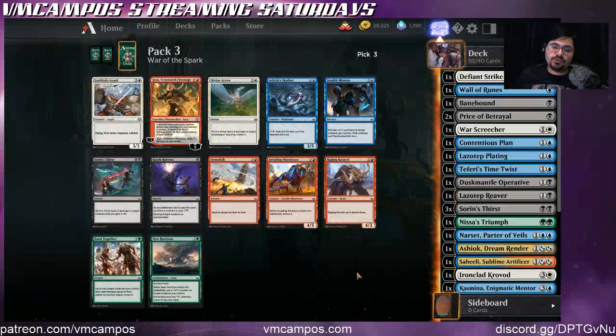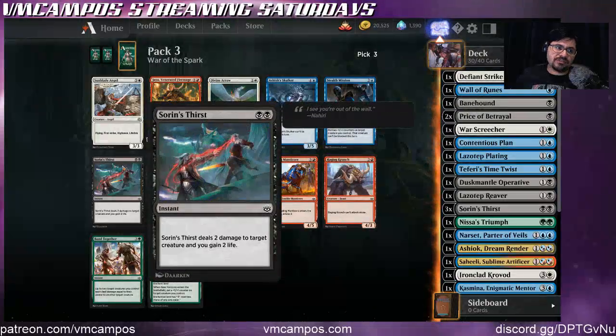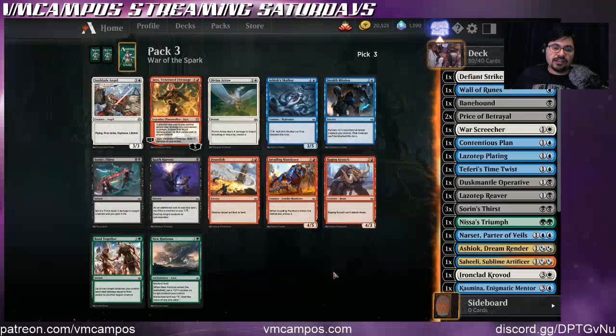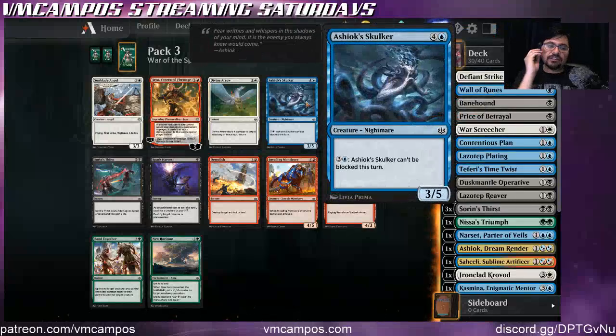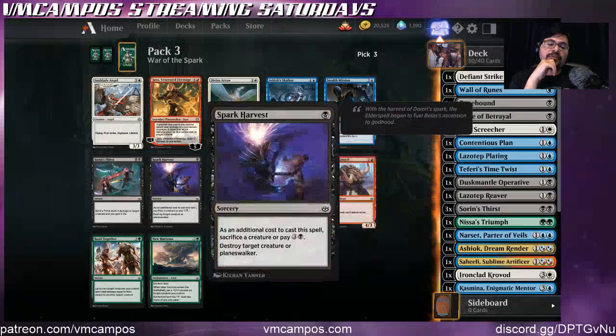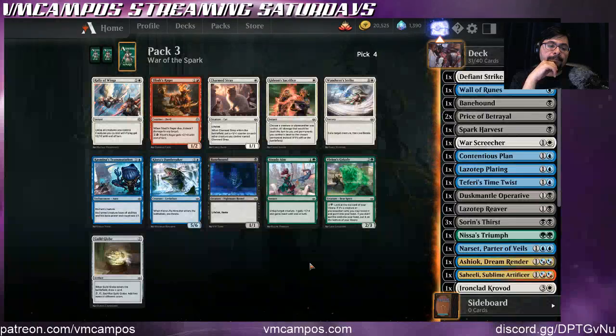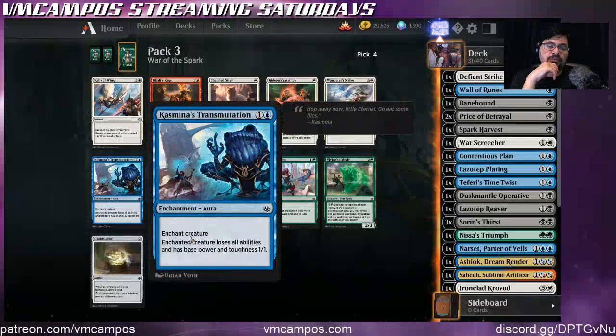I'm putting so many planeswalkers in this deck, it's crazy. Destroy creature or planeswalker, but I have to destroy my own. There's another Sorin's Thirst. I've gotten so many of those. Skulker. 5 mana on that. Well, maybe this harvest will work okay because I can sacrifice something small and the transmutation